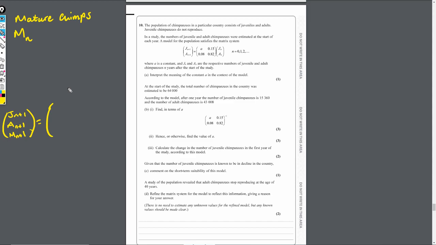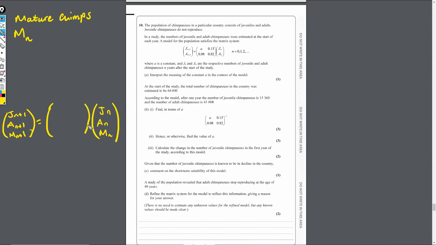But there's a few zeros that need to go in. And you need to think about what you're multiplying it by. So it's going to multiply similar to how it did here. So it'll be Jn, An, and Mn. Now, the key thing to think about is obviously the fact that a juvenile chimp can't go from juvenile to mature. It clearly can't skip that middle life stage. And similarly, a mature chimp can't regress to a juvenile chimp. So we're going to need some zeros in,